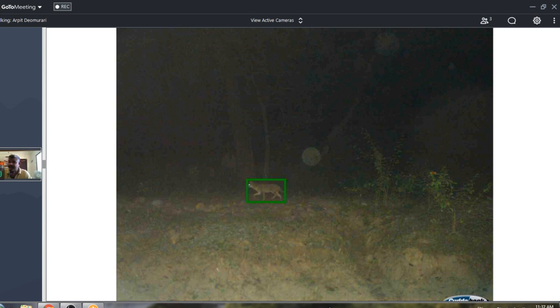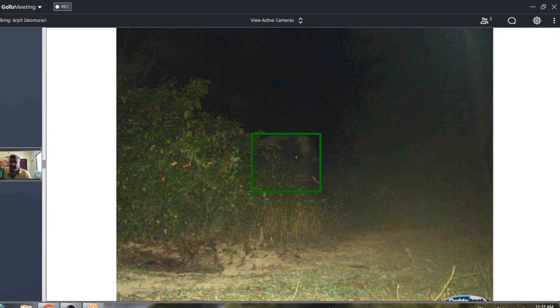If it's a night image, it captures that also. If it's partial, here is a tusker, a young male elephant at night, partially visible, but it can capture these images also.